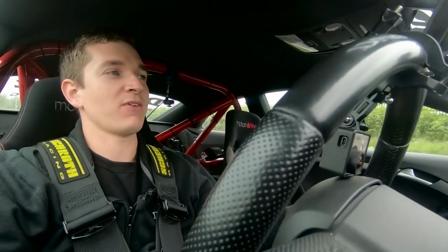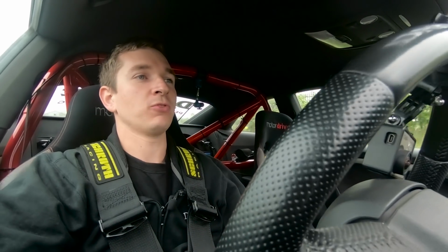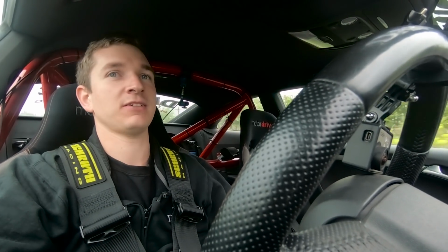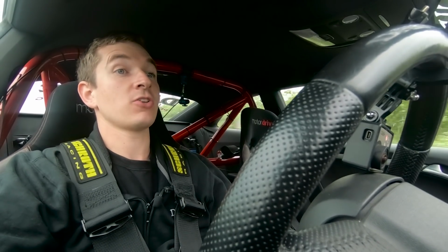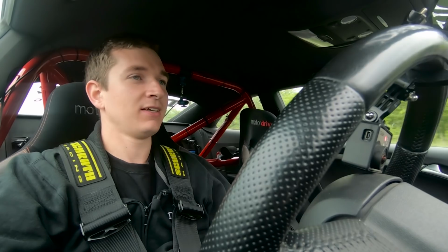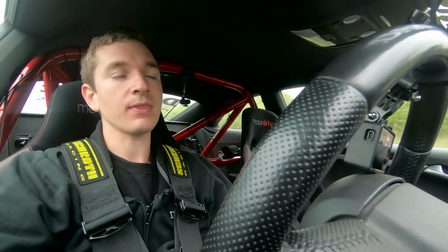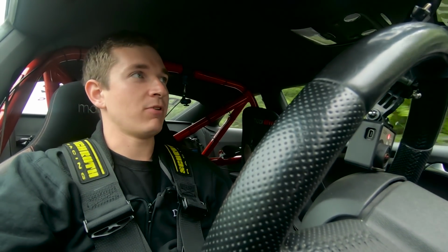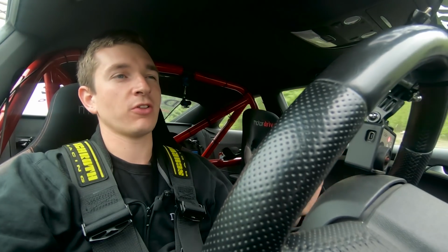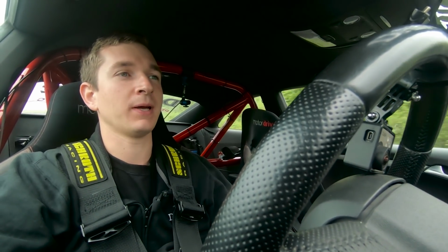Not for the first time we'd ever been to the Nürburgring, and the first time we'd ever put something as big and heavy as this on the track, really. So we knew it were going to be decent when we were at Donington Park, but obviously there's a reason why manufacturers take all their cars to the Nürburgring to get them ready for the road, because you've got a lot of bumps. It's not the most uneven surface. Croft, before it was resurfaced, was probably bumpier. There's a lot of